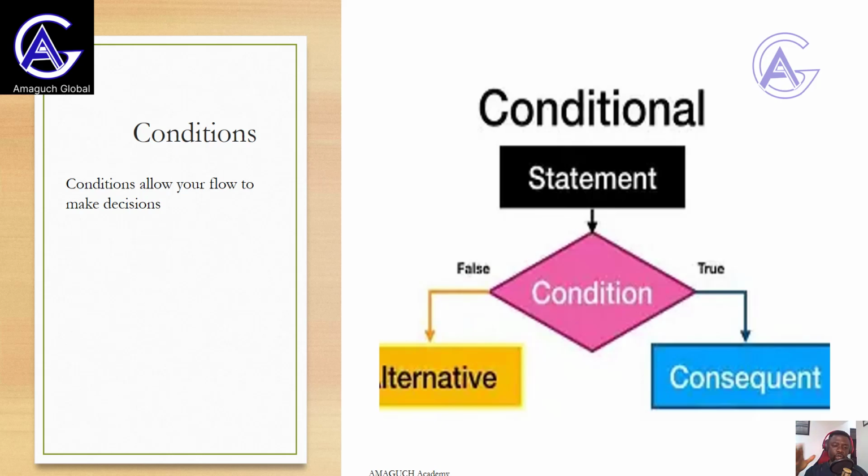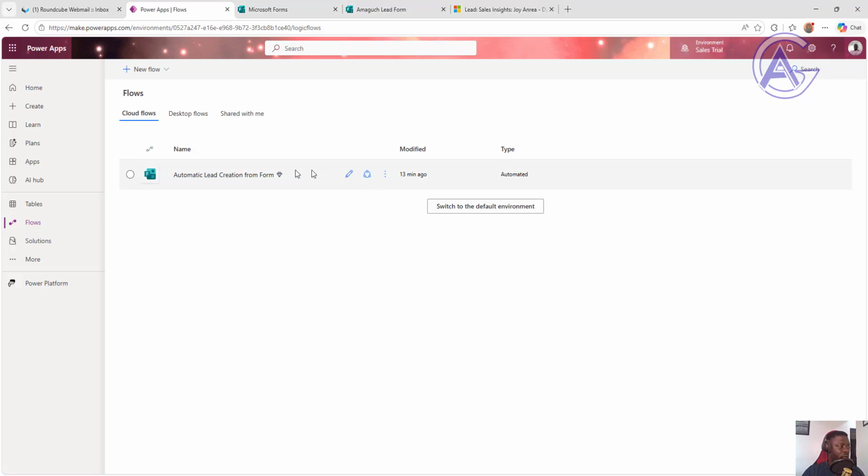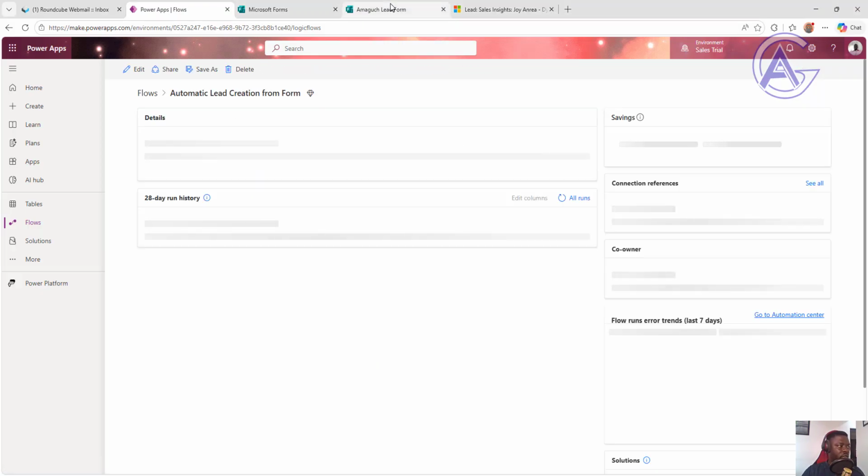Then all these fall under what we call control. It's the action called control. And under control, we have the conditions, and we have switch case. Switch case is for when you have different criteria that a field can hold multiple times. Let me go down to our flow here, like this our lead now. If you come to the form,